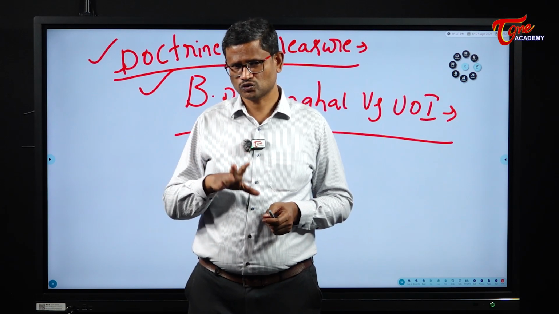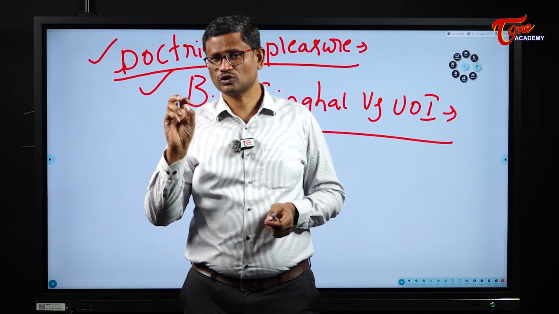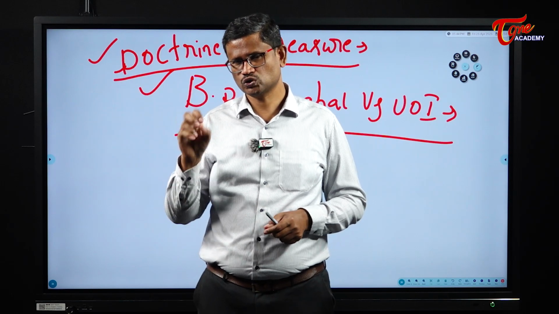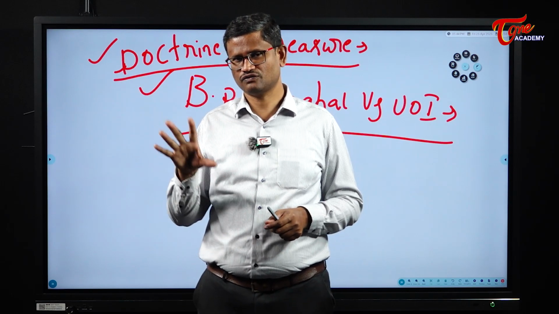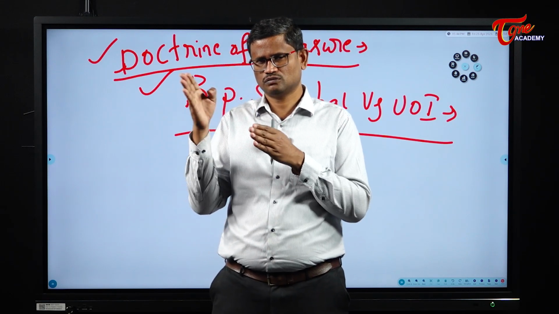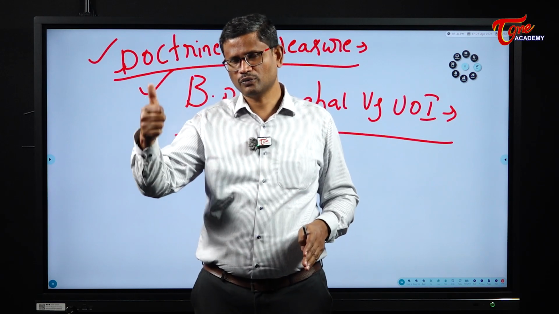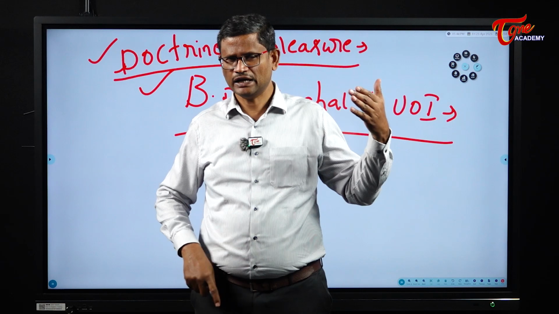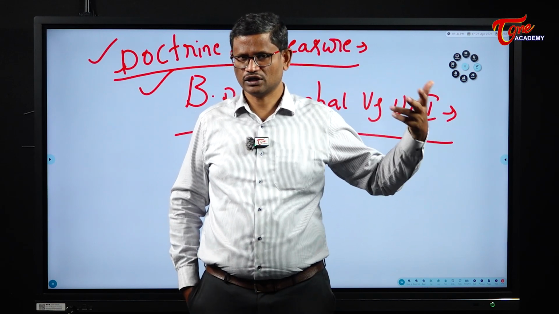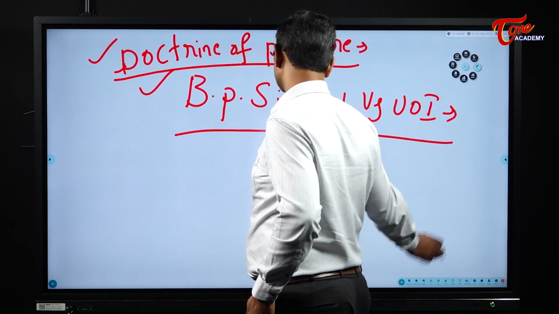When this matter went before the Supreme Court, the Court said the governors cannot be removed by the union government without a valid reason. The doctrine of pleasure is not absolute. In India, there is rule of law, constitutionalism, and supremacy of the Constitution. The union government through the president can remove governors only by giving valid reasons. Without valid reasons, the Supreme Court will intervene and protect their tenure. That's what the Supreme Court said in this particular case, BP Singhal versus Union of India.